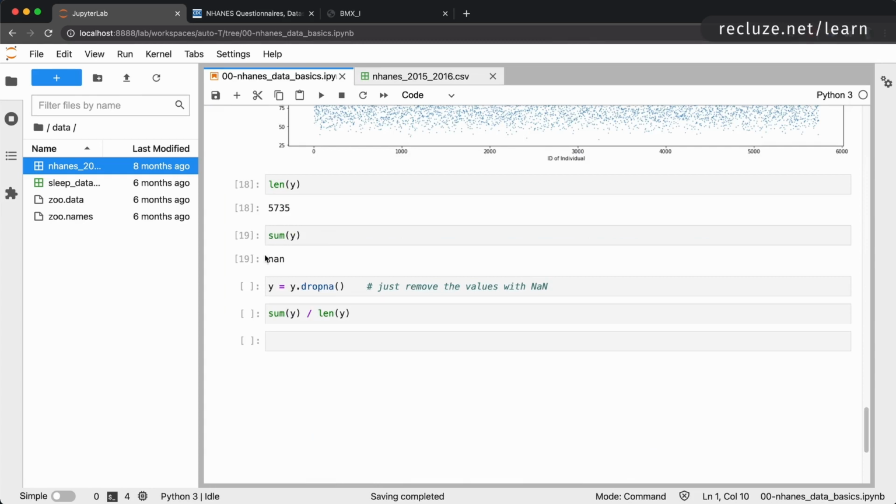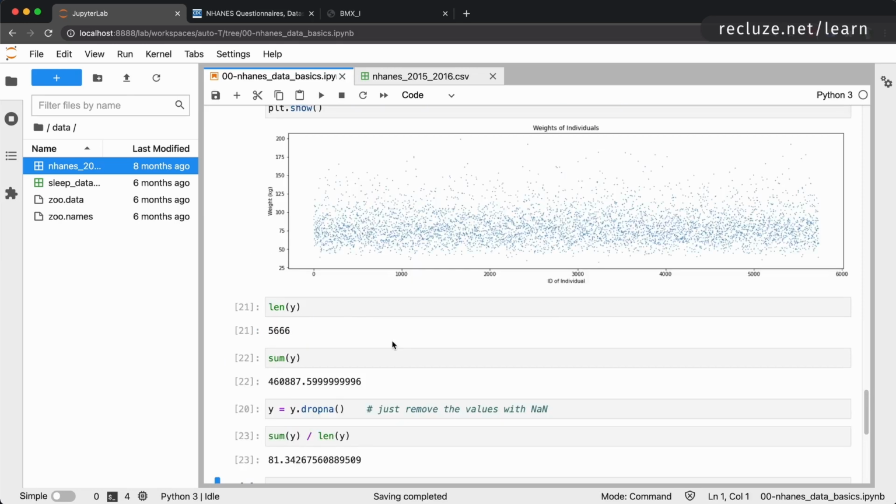But we can't work with not a number. What we can do is simply ignore those things which are not present and add the rest of them. It's very easy to do that once you know how to do it. So instead of writing our own code, we already have a function dropna in pandas, which is going to take a series. It's going to drop all the not a numbers from that and assign that back into y. So once you do that, you will see that the length of y reduces to 5666, and now you can get a sum out. And when you have the sum and the length, you can simply go ahead and calculate their average, which is 81 kilograms.